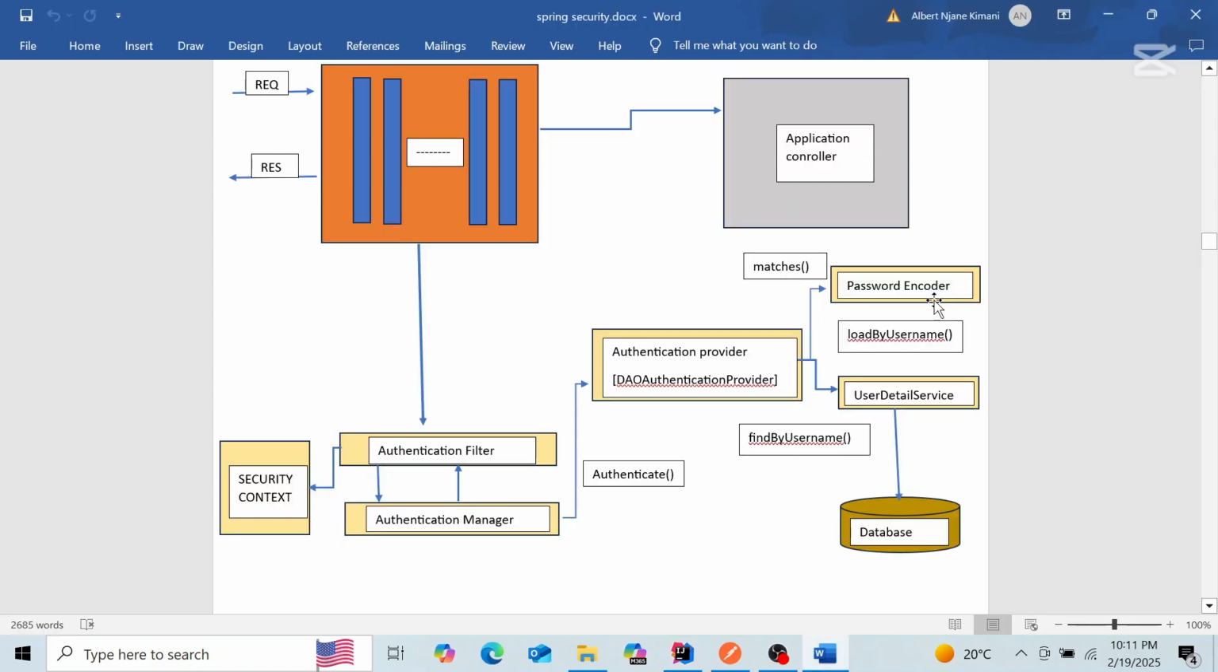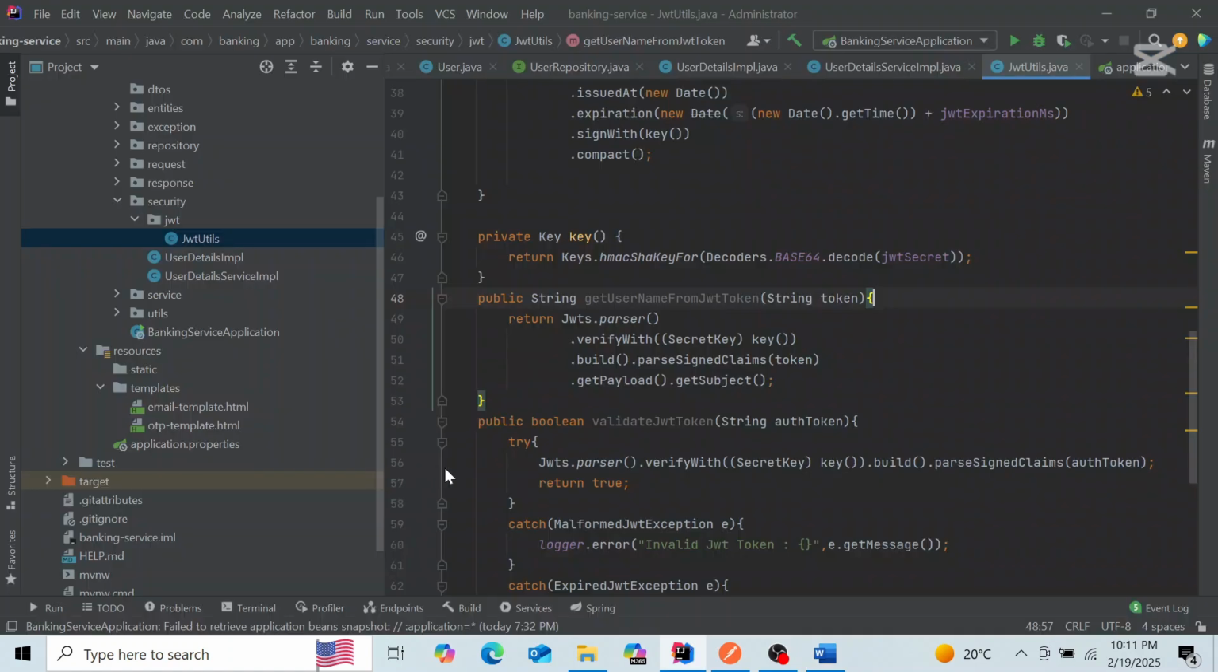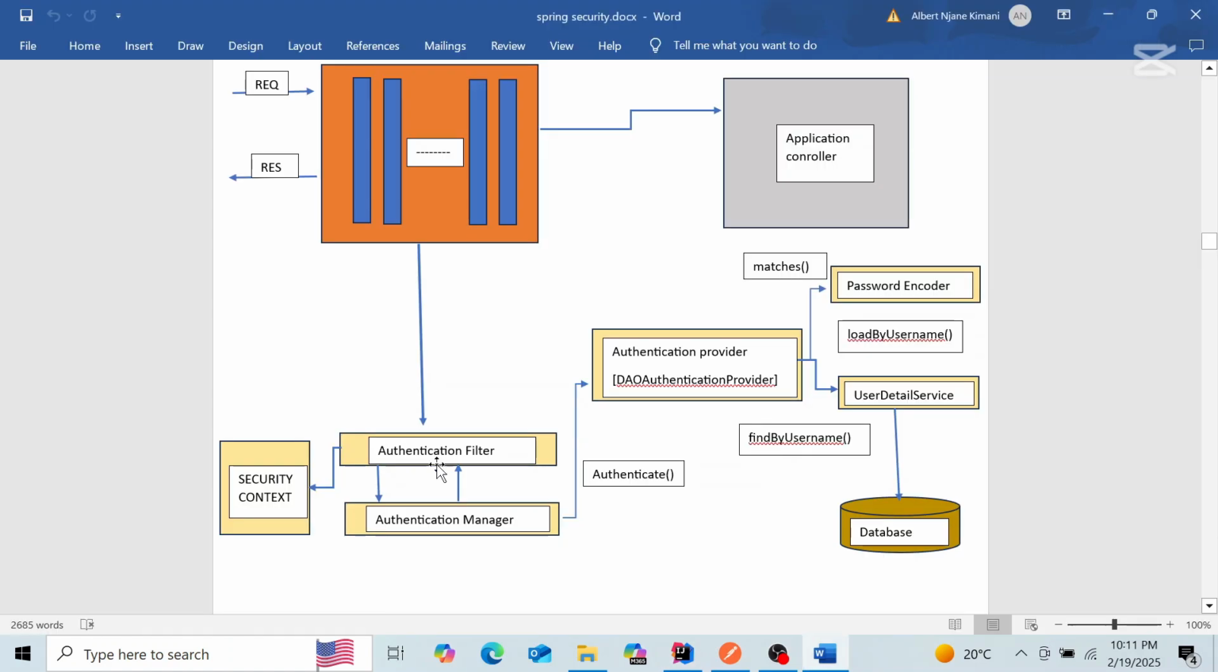Do you remember this diagram? We covered it in the theory part, and if you have not yet watched my previous video, I recommend you go back and watch. We said that after loading the username from the DB and verifying that everything is okay, an authentication object is created, updated, and then stored in the security context. So the filter responsible for that is the filter that we are going to create,